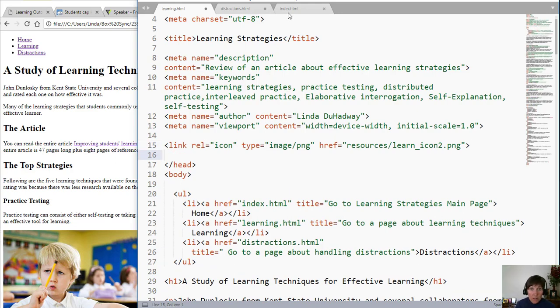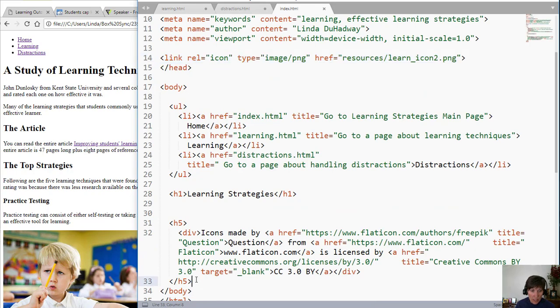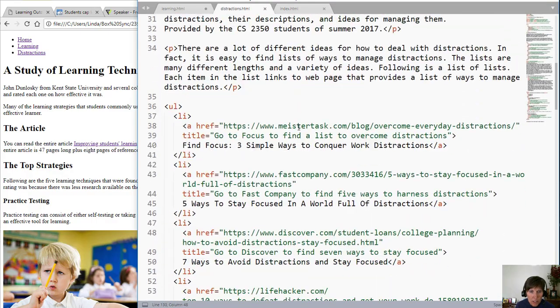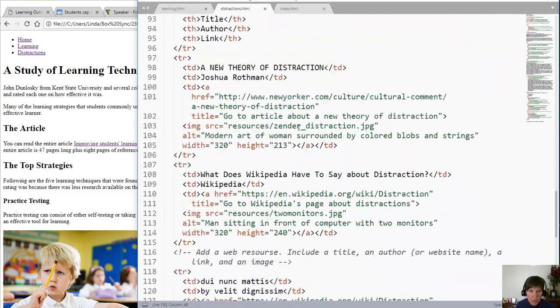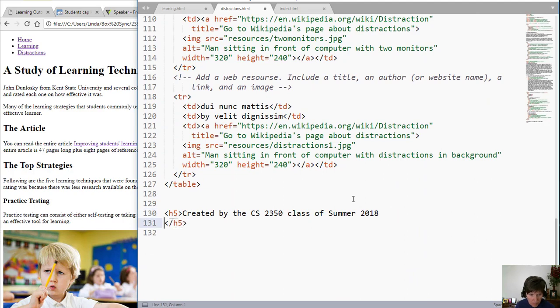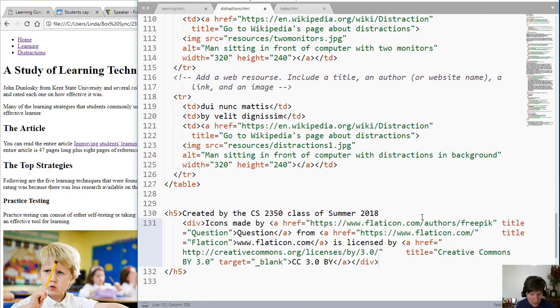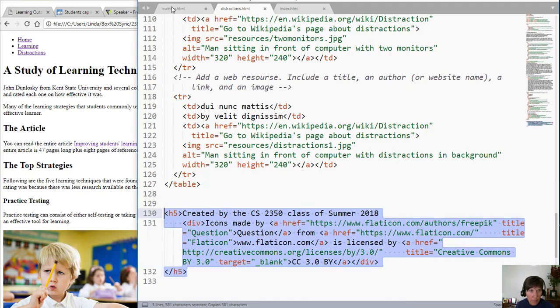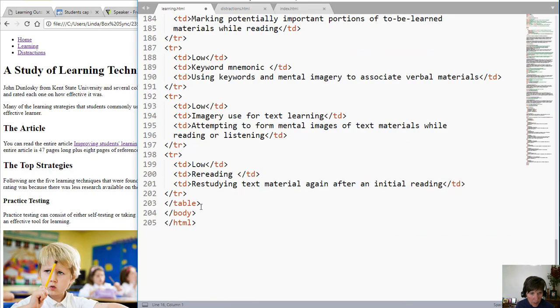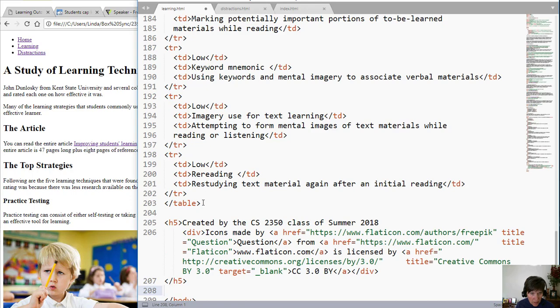And I also need to copy the credits. So I'm going to take this whole bottom part. Actually, I'm going to just take the div because I've already got H5s on those other ones. So if I go to distractions and go down to the H5 section, I'm just going to put an enter in there, and then I can put that div there and save it. I go to learning.html, and I'm going to put it at the bottom, still inside the body. And I save that,